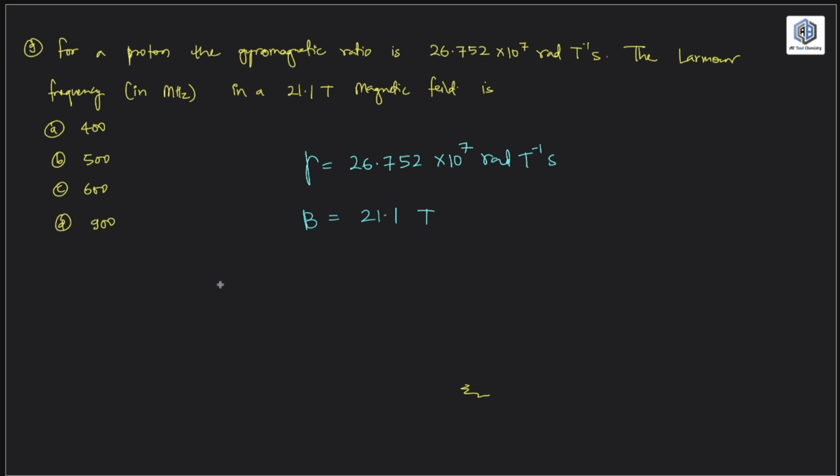The Larmor frequency omega is equal to gamma, the gyromagnetic ratio, multiplied by the magnetic field divided by 2 pi. Because it's in radian, that's why we are dividing by 2 pi. So it becomes